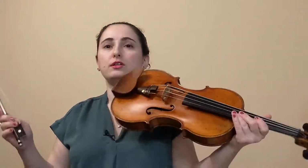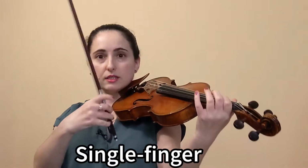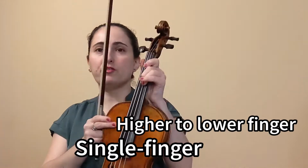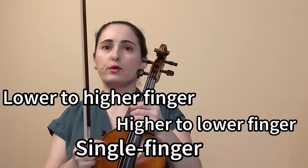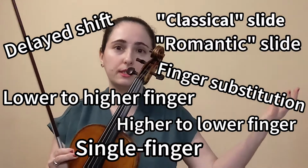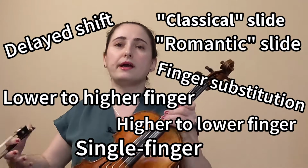There are many different types of shifts and exercises for the string instruments. For example, we have single finger shifts, going from higher finger to lower finger or lower finger to higher finger. We got delayed shifts, finger substitutions, classical slides, romantic slides, whatever you want to call them. And unless you have tons of time or you have a day dedicated to practicing all of these different types, chances are that during most of your warm-up sessions, you only really have time for one or maybe two shifting